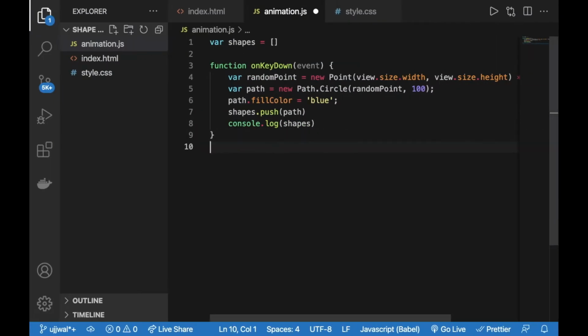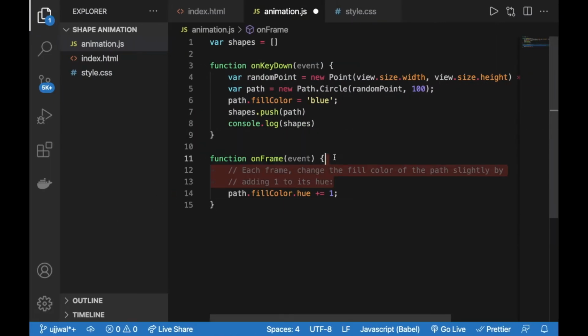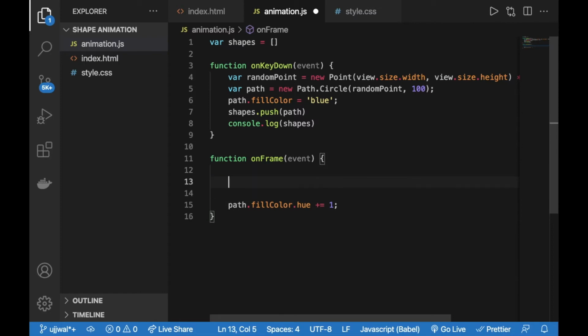I'm going to change the hue, and for changing the hue of each and every shape that is on the screen, I need to loop through the array of shapes, and for each shape that is in the array, I need to change the hue.